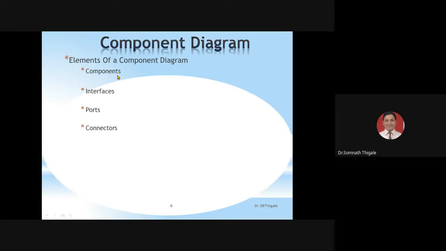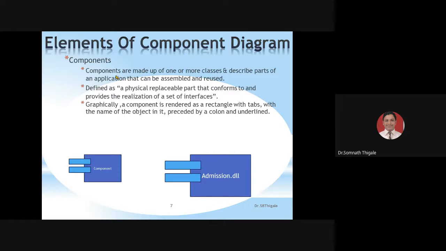So for component, simply remember the example of a SIM card, and the definition is: the most reusable and replaceable part of the system, which works independent of the underlying system. We will call it one component. Then how to represent the component in UML? This is a simple rectangle with two tabs. A rectangle with two tabs represents the component. This is the simple component representation in UML.